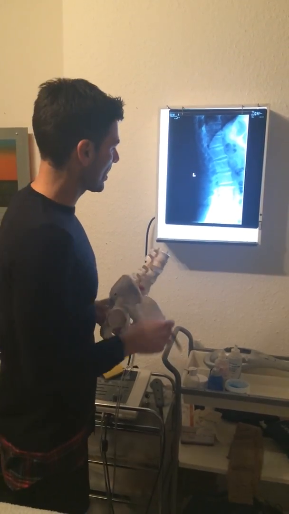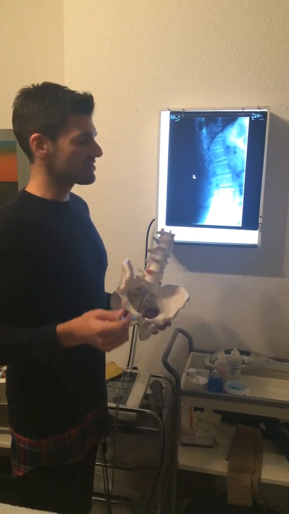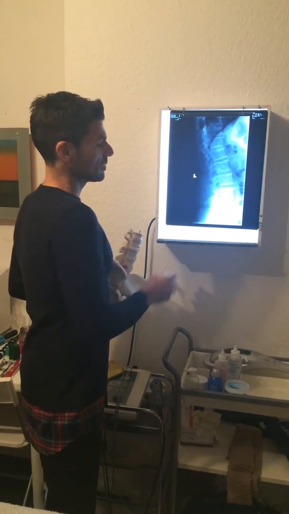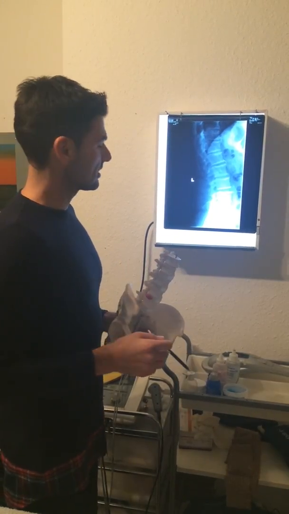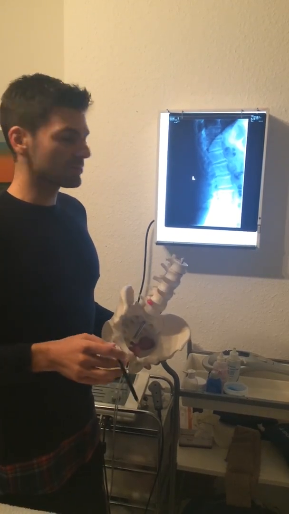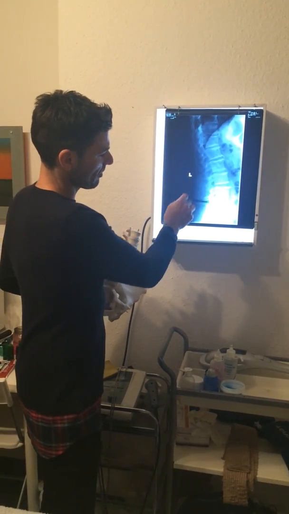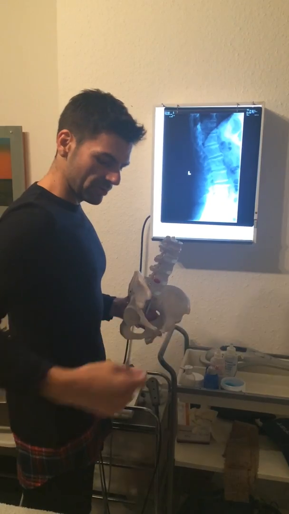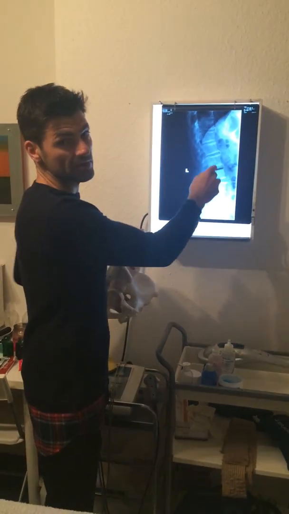Usually there are 5 bones. Some people can have 6. It's a normal congenital variant. It's not linked with any real problems. But this is an example of a side posture view, a lateral view of the lumbar spine, so the lower